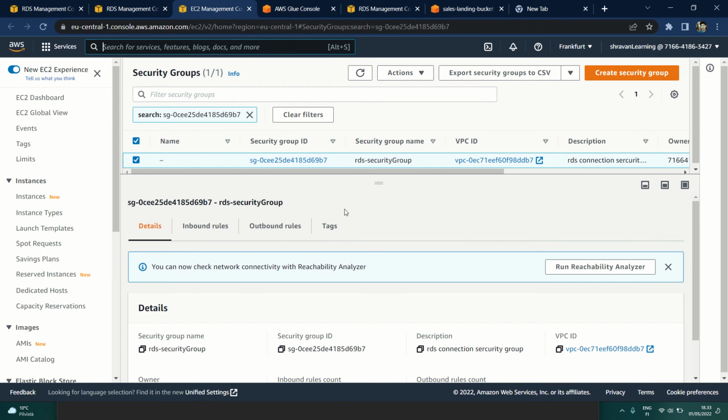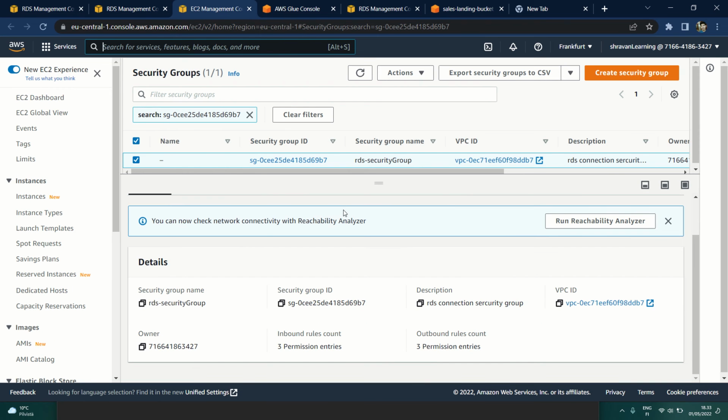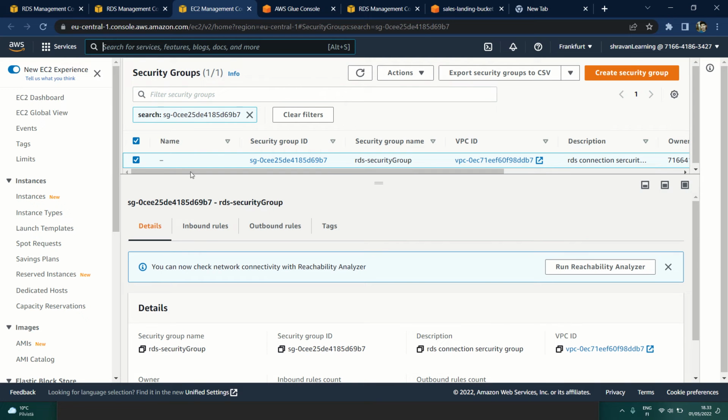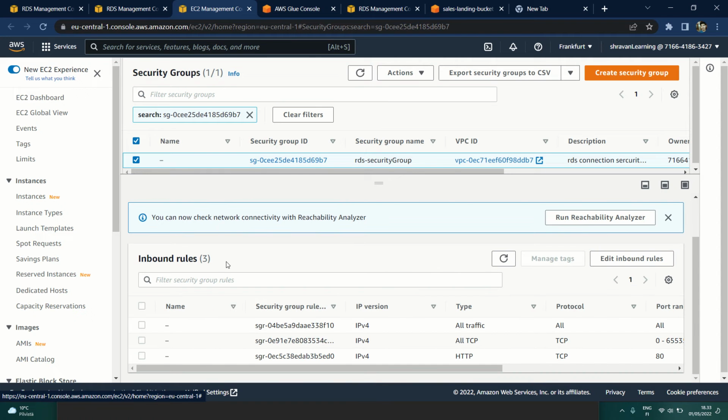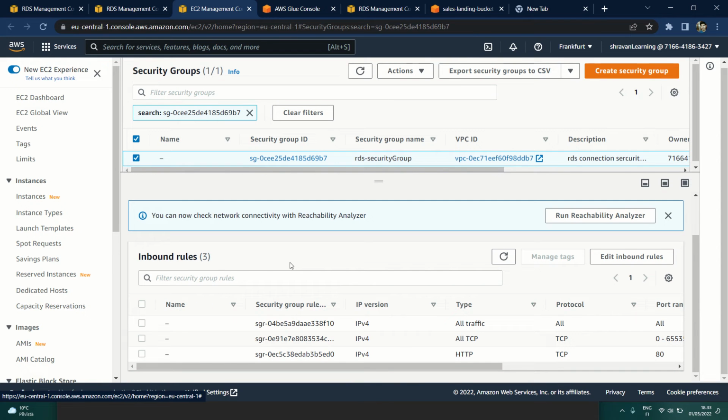So now we are going to see what is there in this security group, what a security group is, and what it does. The main functionality of a security group is that it enables you to set the inbound and outbound rules for your AWS resources, that is, an EC2 instance, an RDS database, a data warehouse, etc. First, in the inbound rules, we are going to see what types of traffic we want to